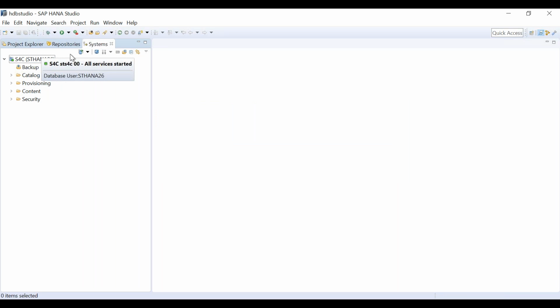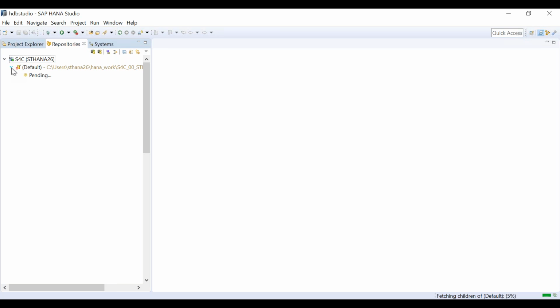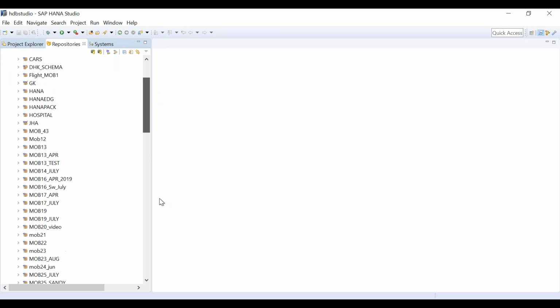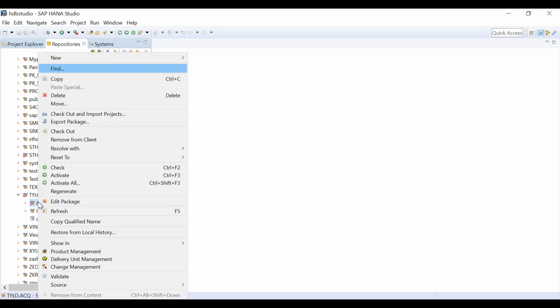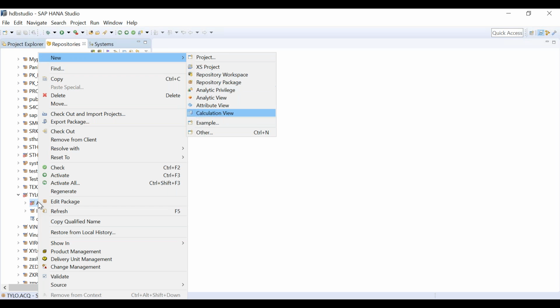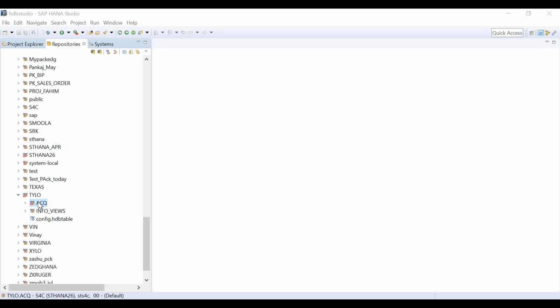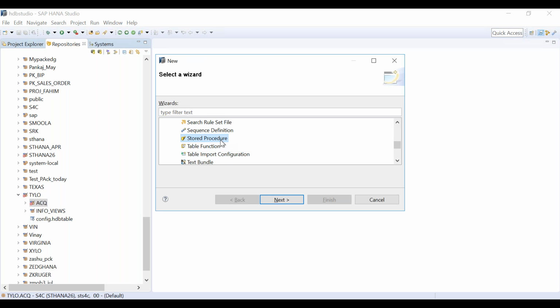All right, so now what we will do, we will create one repository procedure. How do you create a repository procedure? You have to go to repository, go to the package where you want to create your procedure. So here I will go under Tylo. Under Tylo, under ACQ package, I will right click, new, go to other. Stored procedure is this, click next.